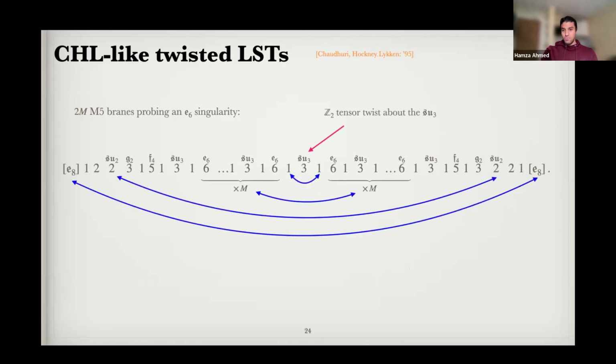And when you do that and you compute the relevant data, you find that kappa P is 1, which is what I promised you earlier, the fact that now we have a theory which has effectively a single M9 brane in 5D. And you can see this from the fact that we are identifying these E8 factors. And so we are identifying the M9 branes.